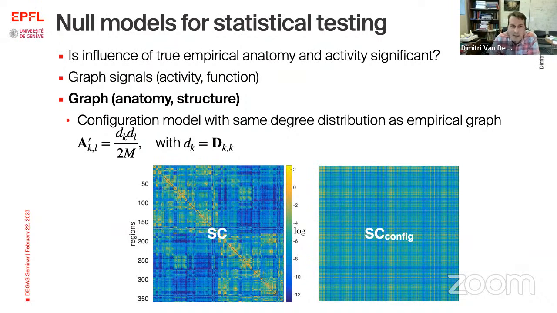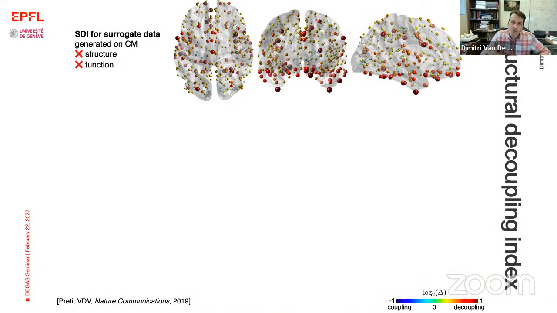Okay, so now that we have those new tools to build null models and do statistical testing, we can go back and build again some SDI maps, but this time based on surrogate data. And so if I show you the SDI map where we have randomized both structure and function, and then we compute an average SDI map, this is what you get. So everything is extremely decoupled,